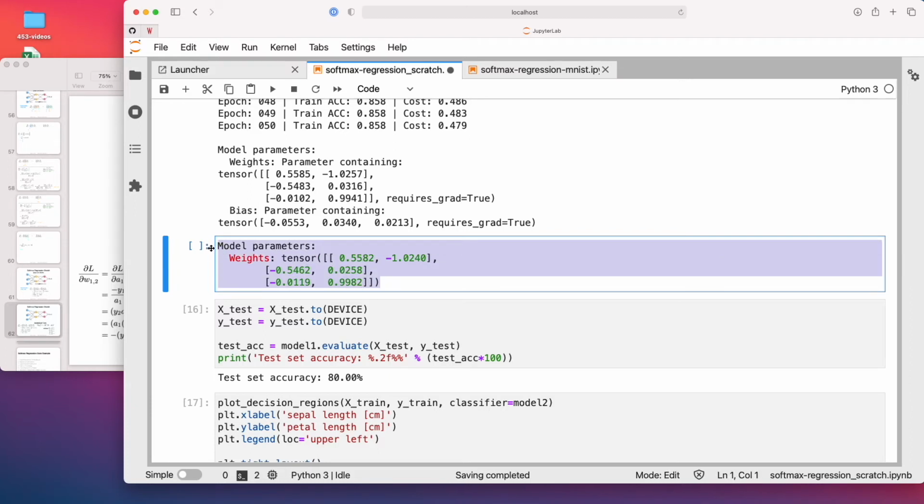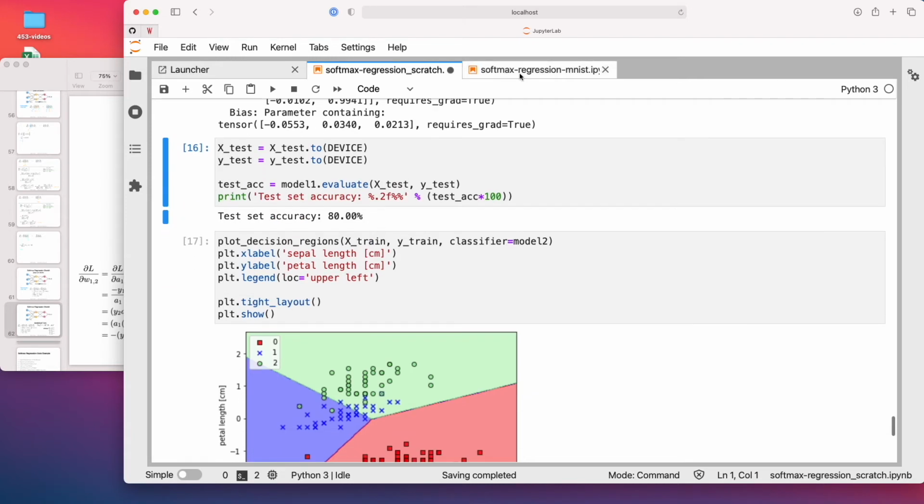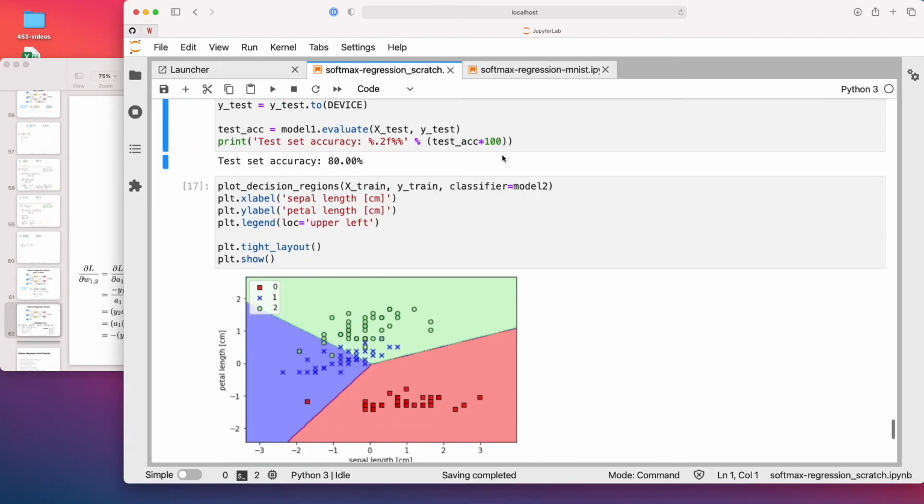There are also some numerically more stable implementations of softmax by multiplying the denominator and numerator by a constant c, so adding the log of the constant to the exponent. That would make it more stable, but then it would change the numbers slightly. I think these differences are because of that. Of course, in practice, you don't want to implement softmax and cross entropy yourself because it's numerically not as stable and not as fast as the implementations that are already provided. But overall, we get exactly the same results, I mean, with small rounding differences. Now, this is how we do softmax regression in PyTorch.